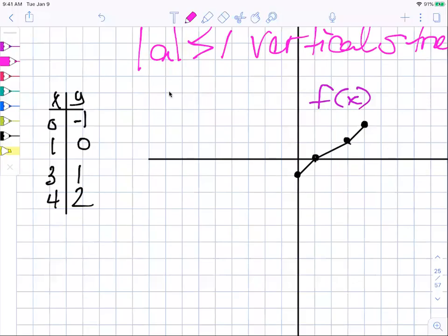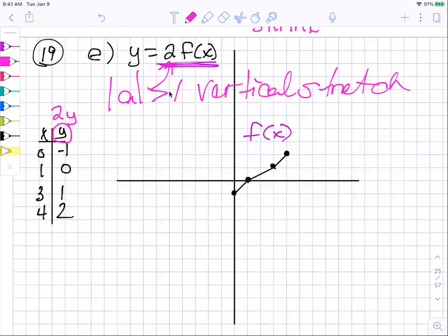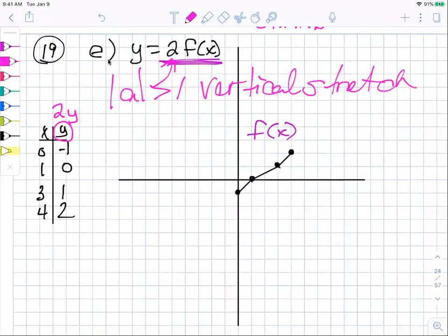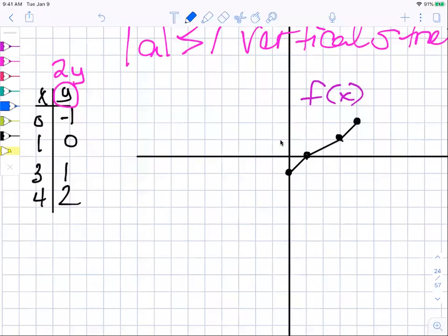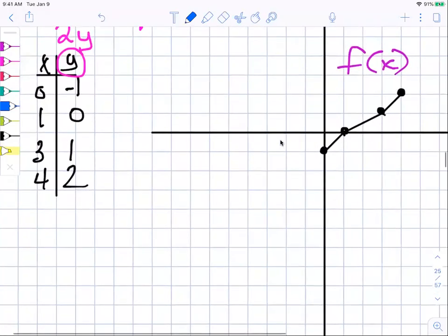To try and translate this graph, Peter said you're going to take the y values and multiply them by 2, because in a function, f of x and y are interchangeable. So if it says take 2 times f of x, that's really the same thing as saying take 2 times your y variable. So I take my y variable and those numbers and multiply each one of those by 2,